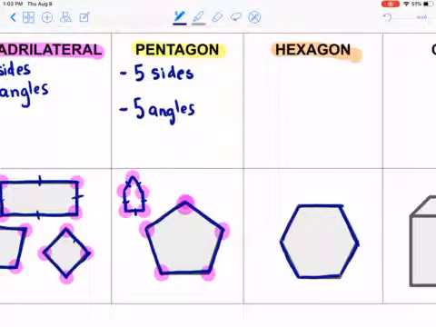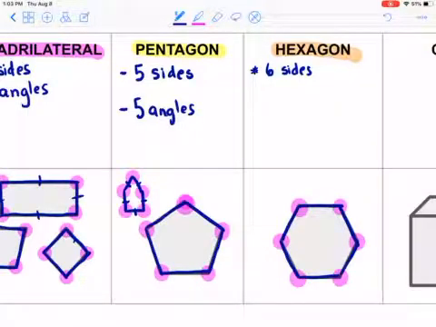So there are 6 sides. Let's count our angles where two lines meet. 1, 2, 3, 4, 5, 6. And there are 6 angles. A hexagon is any object that has 6 sides and 6 angles, and all of the lines,